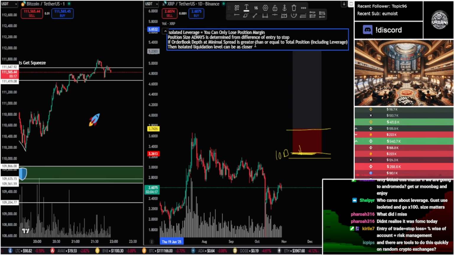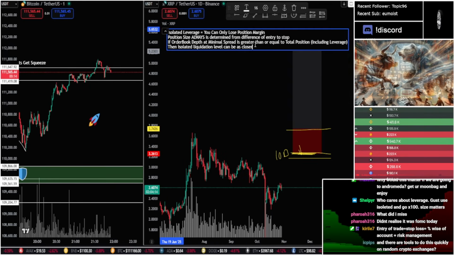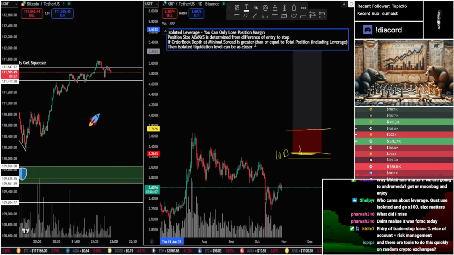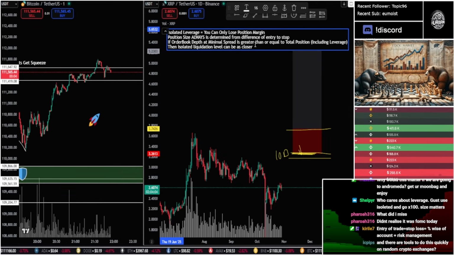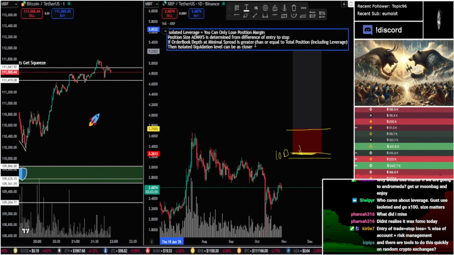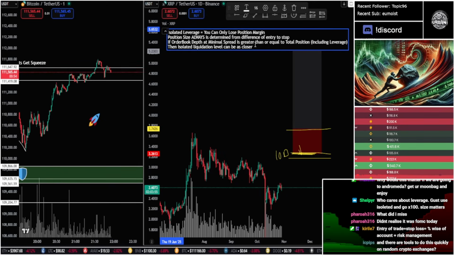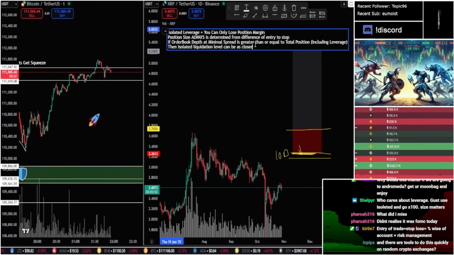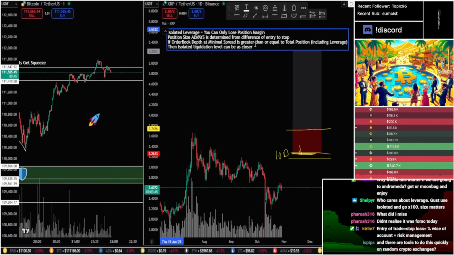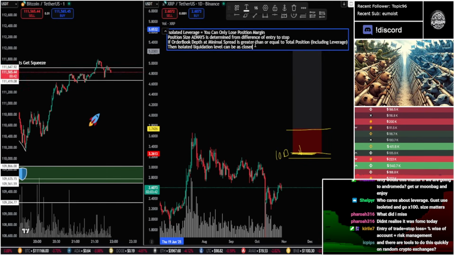But if you're using 2x leverage and you're also using isolated, so you feel pretty good about it, right? Only 2x leverage and you're using isolated, that same occurrence can hurt you pretty badly if the stop loss gets skipped, if the books get lifted. Then it would actually be advantageous to use higher leverage. That way it's less position margin at risk, as long as it fits into your rules, right?